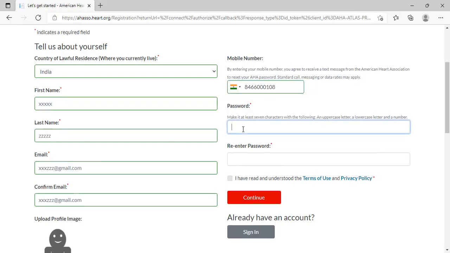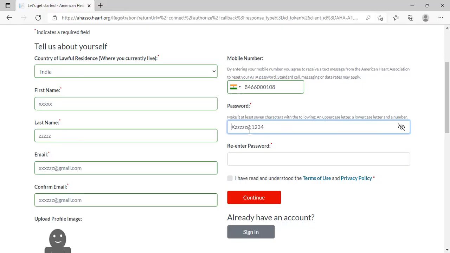Here we can create a password. They have mentioned that one should be uppercase and one lowercase. So I'm using a password here: capital X, then small letters, at the rate, and numerical 1, 2, 3. You can use it like this.